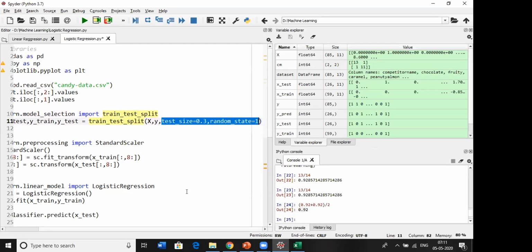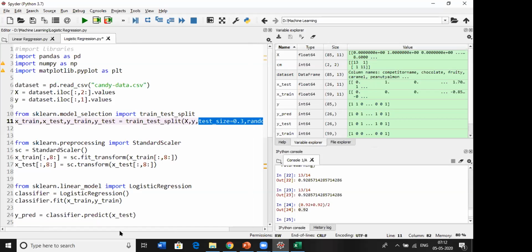So test size 0.3 means 30% of the records will be split. If you have 100 records, you are going to do testing with 30%, so 70 records will be used for training. You are going to split the same data set twice and do analysis with the training model, and with the 30% records you are going to check your accuracy. So that's the reason you are using this. Once the data is converted, train test split will help slice the data into a training data set and a testing data set.